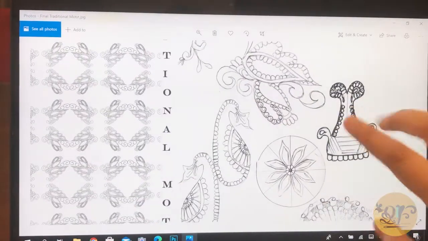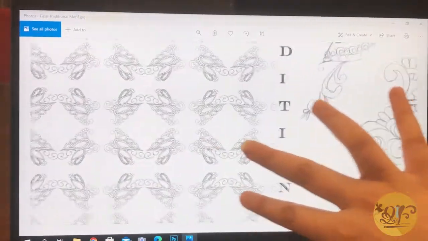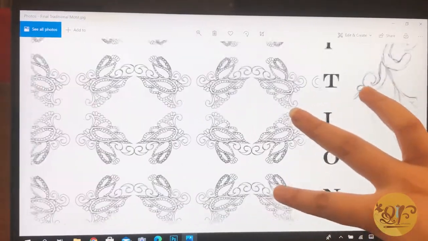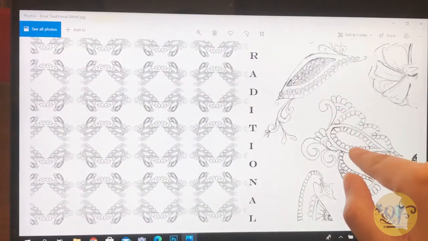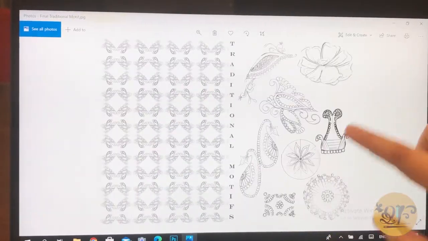So when I talk about creating your own pattern or print, this is what I mean. I created my own print, my own motif, and then I gave that motif mirror repeat. So as you can see,